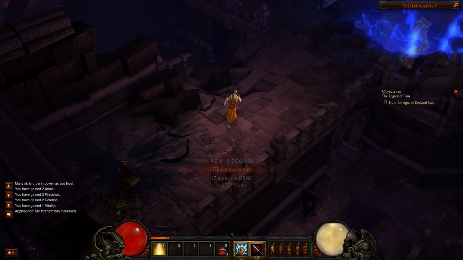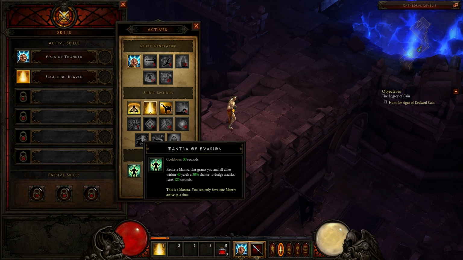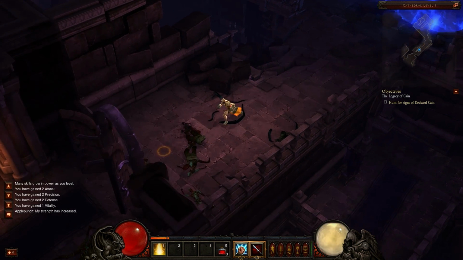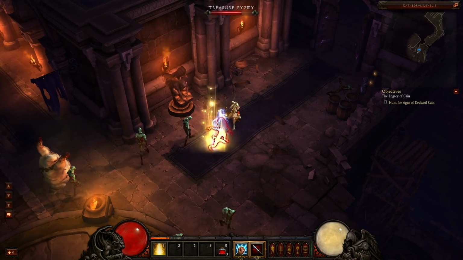Mantra of Evasion. Let's figure out what this is real quick, see if I want to use this instead. Breath of Heaven, Mantra of Evasion. Recite a mantra, gives me a 30% chance to dodge incoming attacks. Lasts for 2 minutes. If I get hit with stuff that's big, nah, it's just not worth it to me. I mean, it comes back to tanking stuff. It's probably pretty good on average. But right now, if I get hit by stuff that's big, I need to...